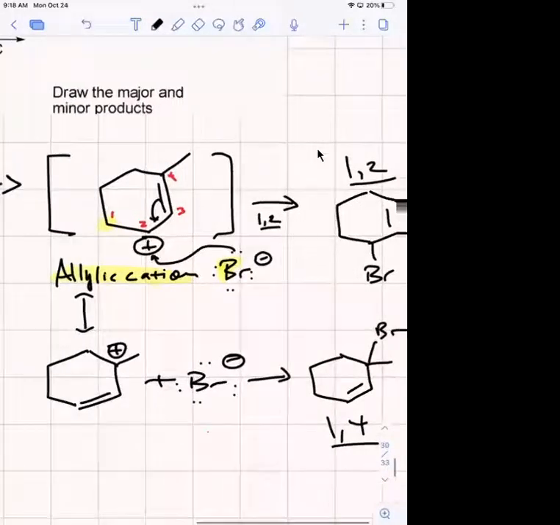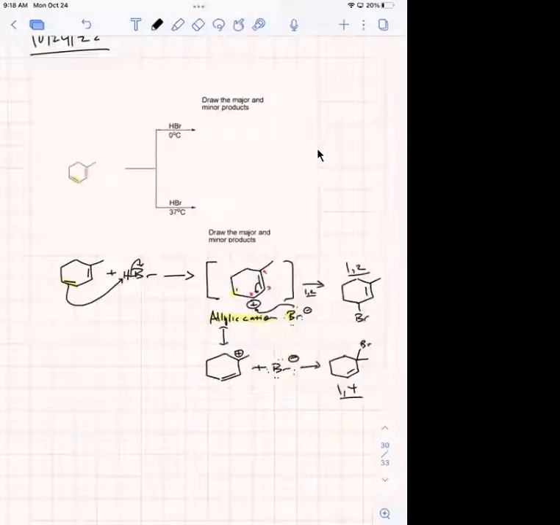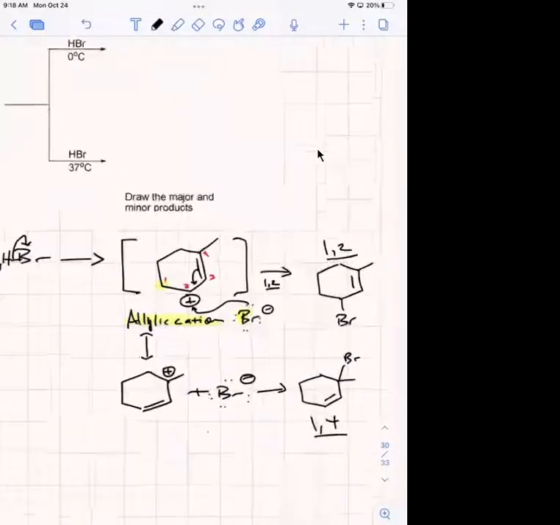Now, what's going to determine which one is major at 0 degrees? What do we call that product if the reaction is done at 0? Which one is going to be major? The kinetic, so the least stable. So that would be the 1,2. Yeah. So this product right here,